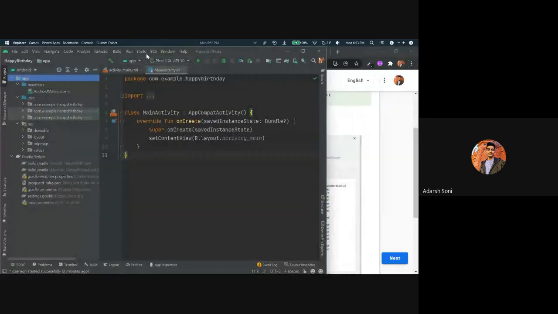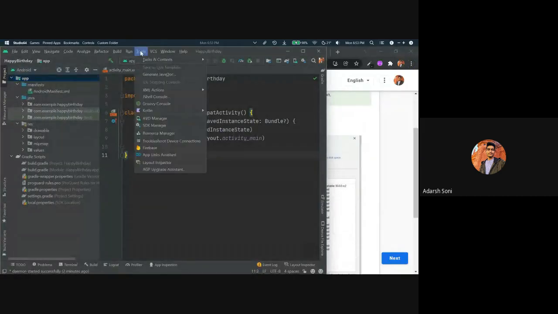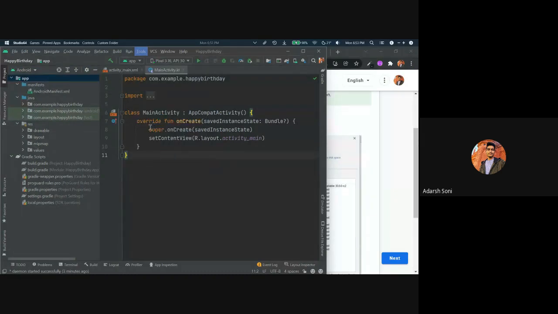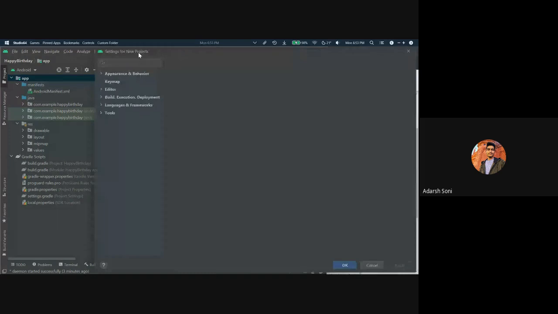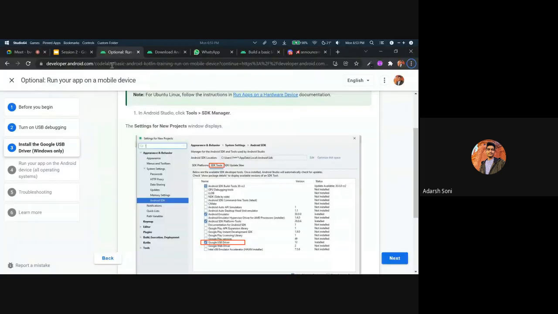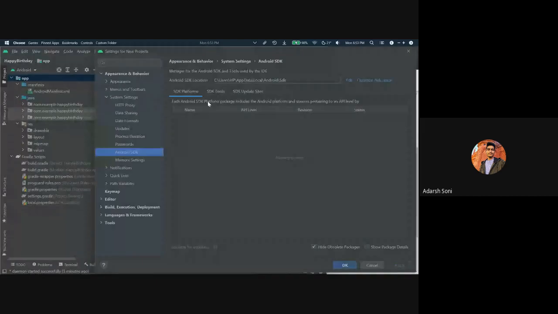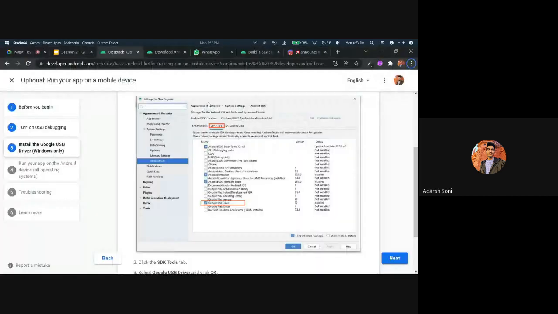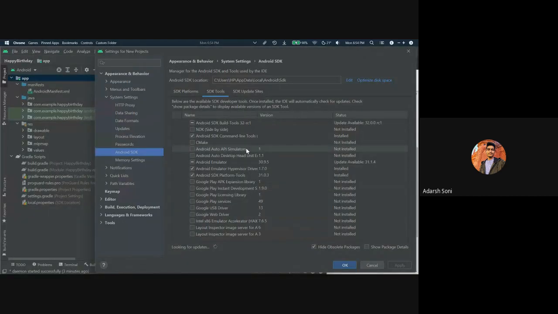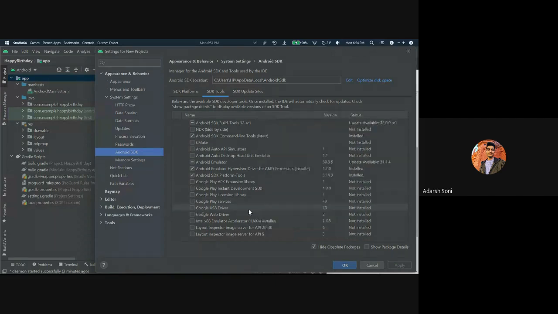In tools, we will go to SDK Manager, and here we will search SDK, go to SDK Tools and Google USB Driver. This one is optional, but you can install it. If any error occurs, you can install this and the errors will be gone.